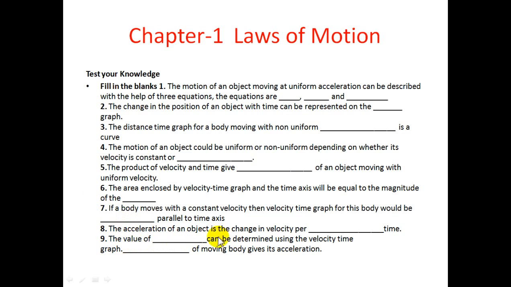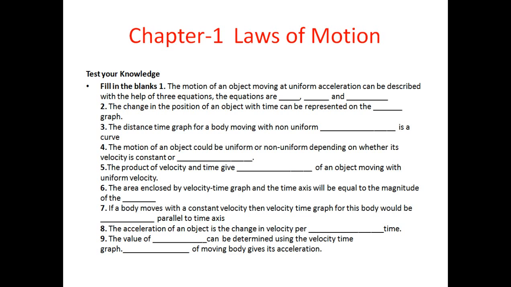The acceleration of an object is the change in velocity per unit time. We already know that whenever we discuss the change in velocity or the change in speed, it is calculated per unit of how it is changing, and the unit will differ, for example a 5 minute unit or a 10 minute unit. The acceleration of an object is the change in velocity per unit time.